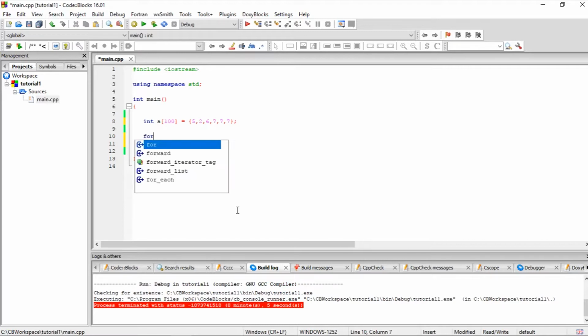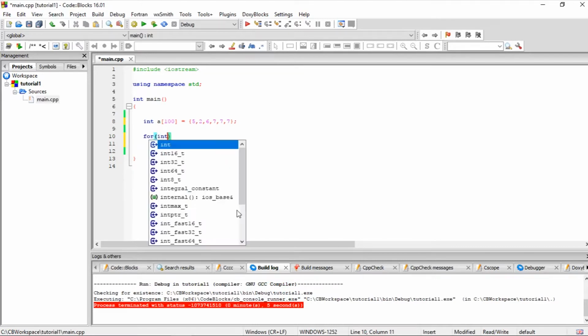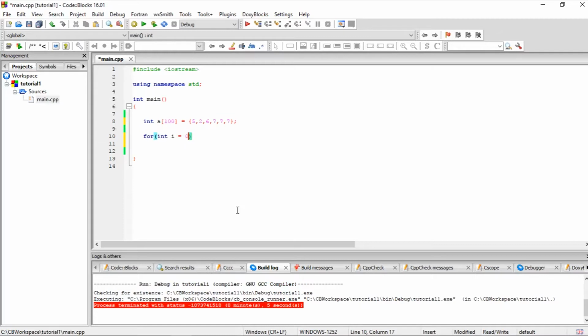We type for, and we say int I starts at 0, and it goes. Our array had 6 elements, so let's say while I is less than 6, and we're going to increment our I in every iteration,